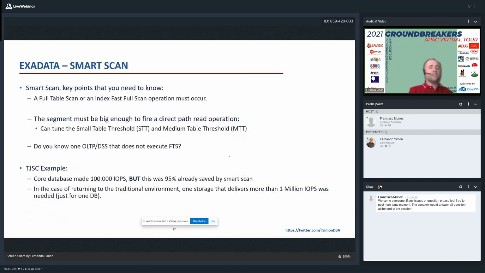But let's start talking about Smart Scan. Smart Scan is a feature that saves I/O because it goes directly to the storage. I will not show how to use Smart Scan because it's automatic. But when a full table scan is there, instead of reading all the table for the full table scan, if you are joining 2 tables, just the rows that you need will be returned. So this saves a lot of I/O. But you need to do a full table scan or index fast full scan, because if you don't,